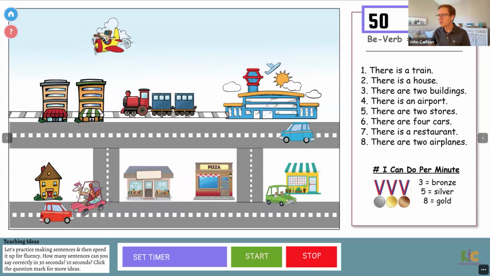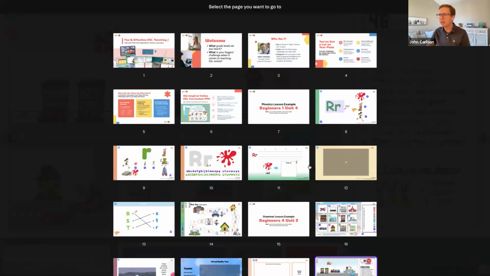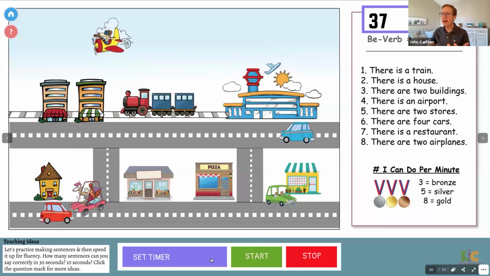There are multiple ways to do this. You could go to the slides down here and jump to a game within there. There are a lot of games included, usually towards the end of the lesson. Then you could come back here and say, that was awesome. You did 3. Do you think you could do 5? And up that goal of saying it more quickly, more fluently. You'll find by using these kinds of activities multiple times, students will get to the point where they're just popping off sentences easily.